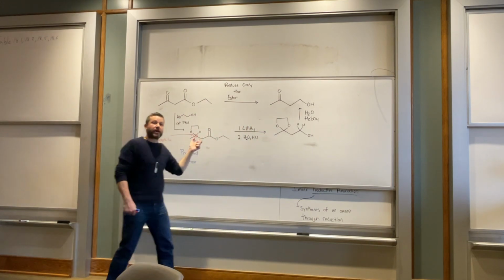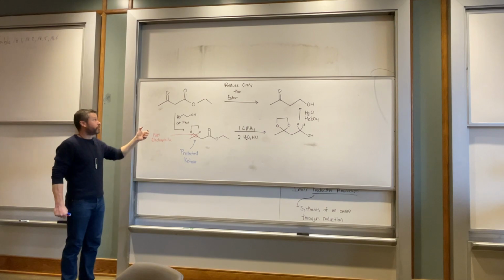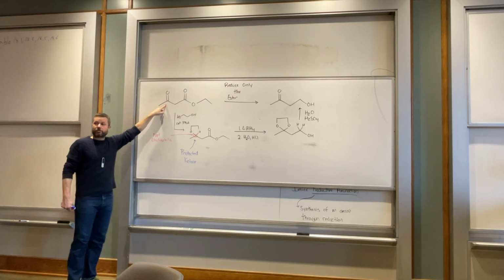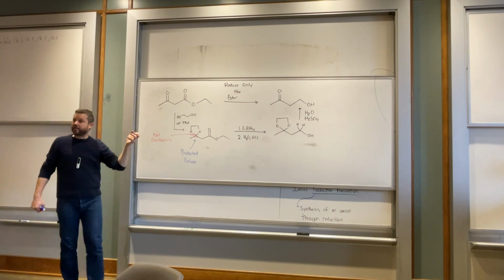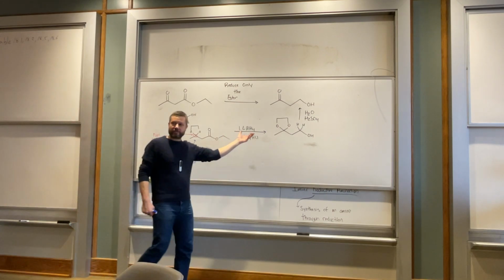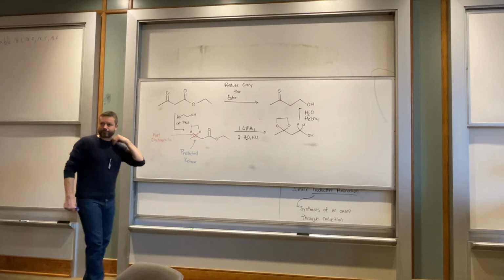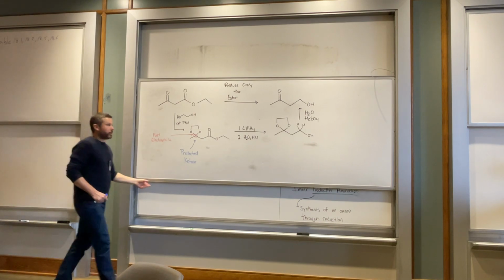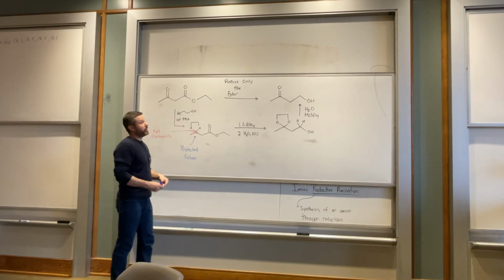Okay, and so this is the strategy that we would take if we don't have a reagent that's selective for esters over ketones. We have to protect the functional group that we don't want to react and then remove that protecting group after the reaction is over. Questions about this? All right, we're going to try to finish up this chapter on Monday,